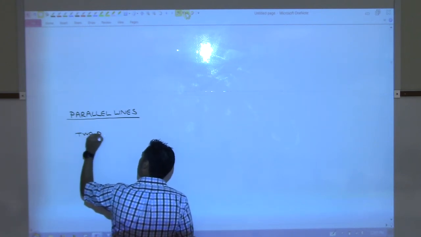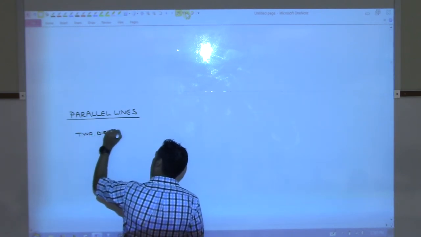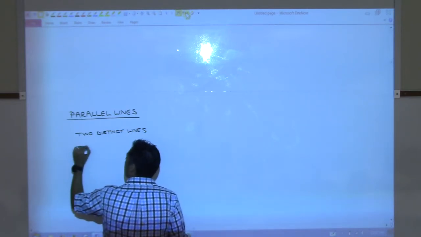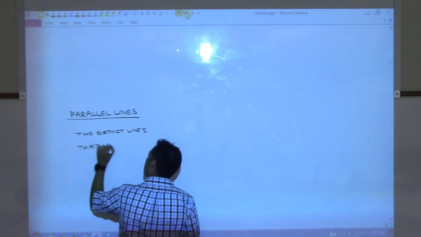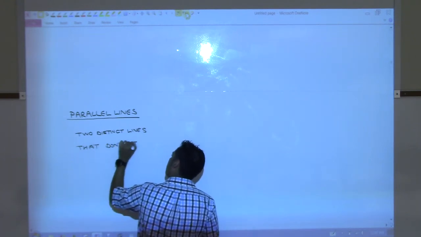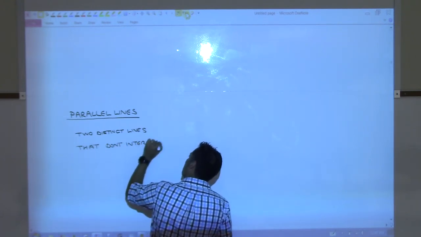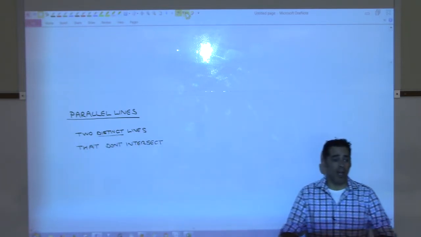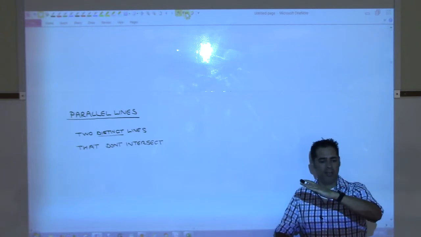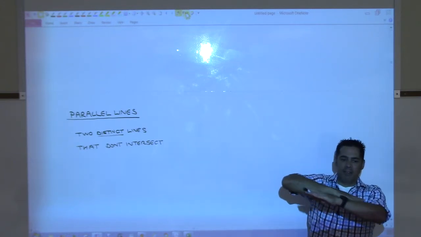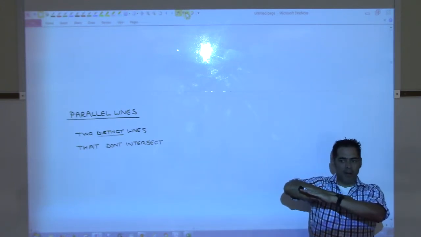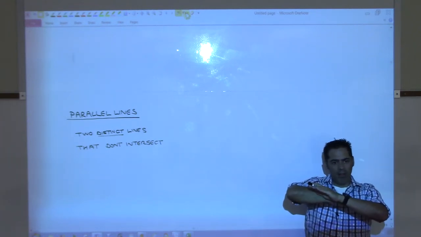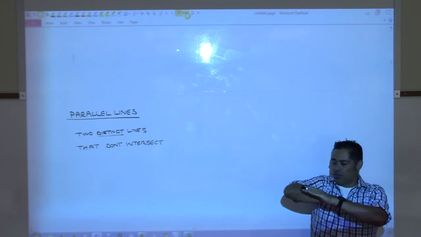Two distinct lines that don't intersect. And the reason I'm saying distinct lines is because I want us to make sure we are talking about two different lines. Because what if I gave you a line and I gave you the same line? Then they would be parallel, but they would be the same line. So when we talk about two parallel lines, we want to say that they are two different